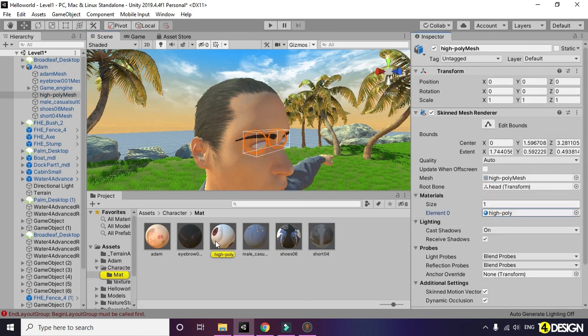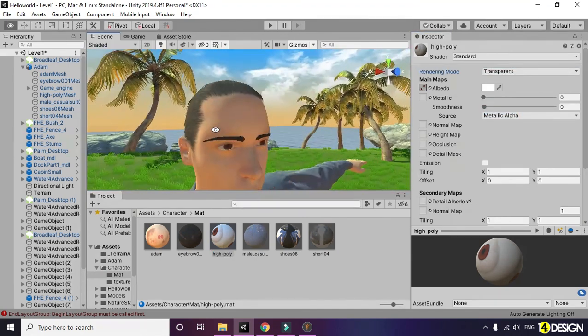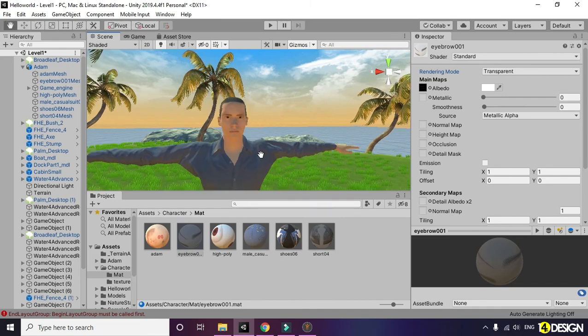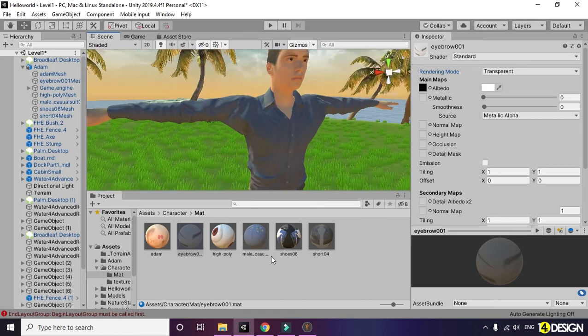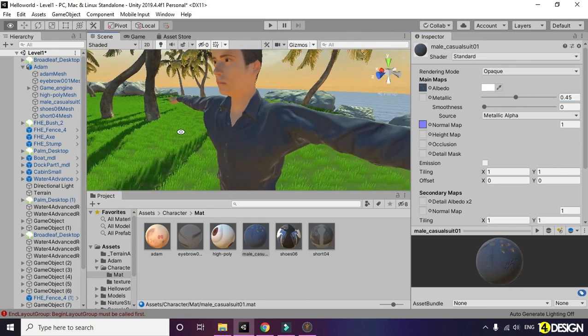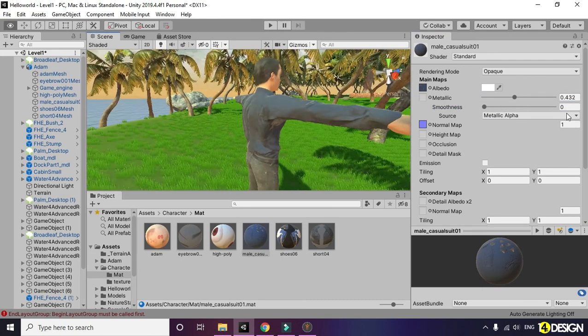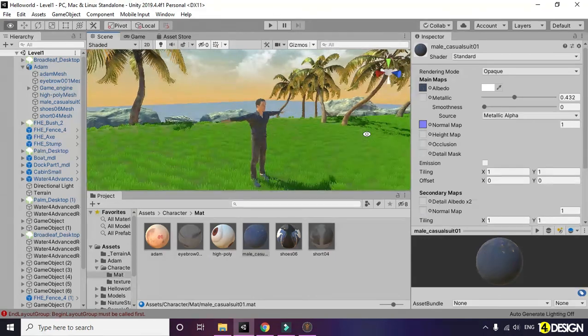What's wrong with the eyes? Yeah, same problem. I just selected it as transparent. Let's do the same with the eyebrow. Okay, it's looking fine. Actually, yeah, character is fine. Let's see if I can push the color here of the shirt. Now I think it's looking fine. Yeah. So let's save it. Our character is imported. Now we're gonna use a free asset.